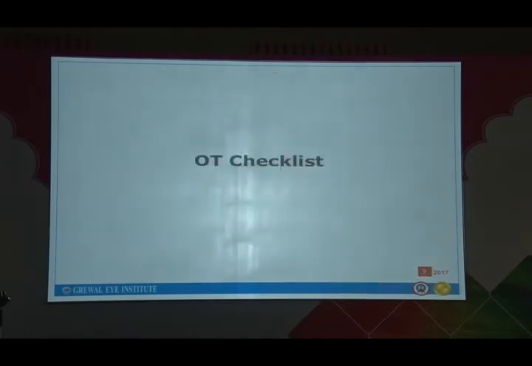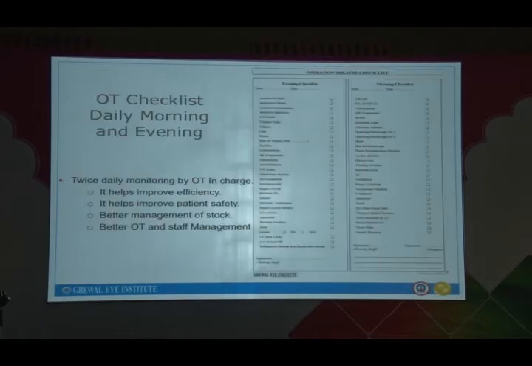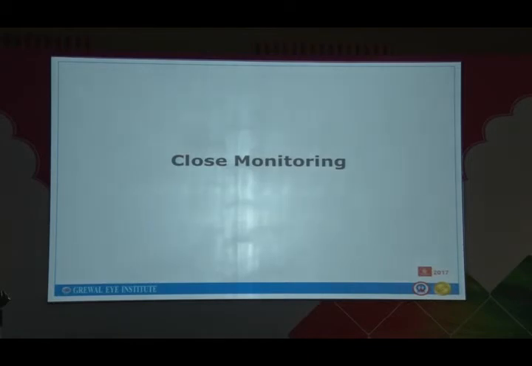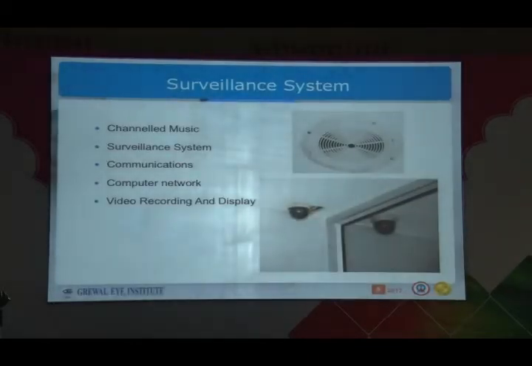Now once you have the SOPs, for monitoring you need to have a checklist where each team member will check what they have done. One of the examples can be like this. This is the OT checklist. The left half is to be ticked in the morning when the OT starts. The right half is at the end of the day when the OT finishes. So when I go in the morning, I see the list, it's pasted on the wall, I see the ticks, and then I just have a quick look to check whether they have done it correctly or not. So it is important that you have a checklist at the start of the OT and at the end of the OT, and close monitoring is required, for which a surveillance TV camera is a good thing.